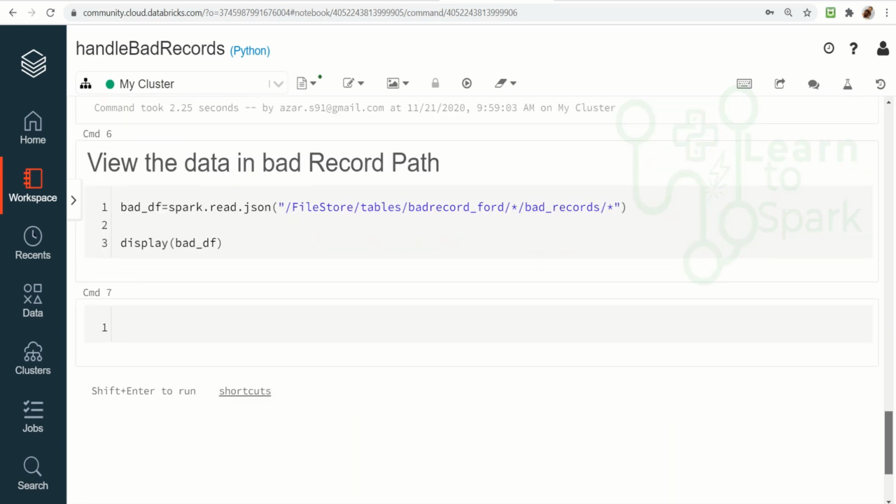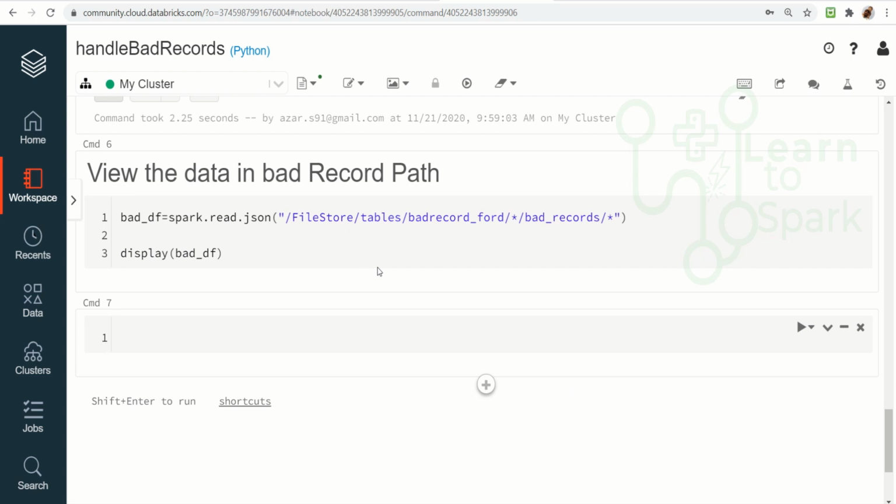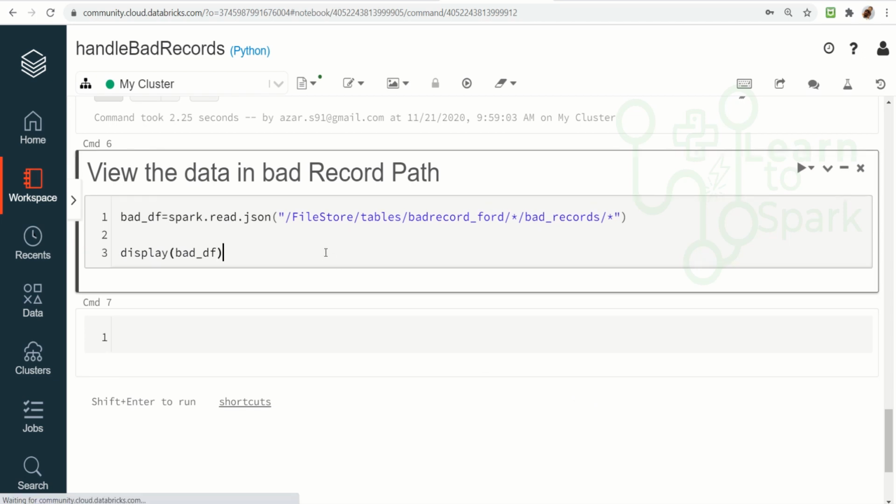So let us view what is the content that is available in the bad record path. I have given, you can see, FileStore tables bad record 4, and then instead of the date column I have given star and the bad records, and I have given star to read all the files that are available inside this. Let me quickly read it.